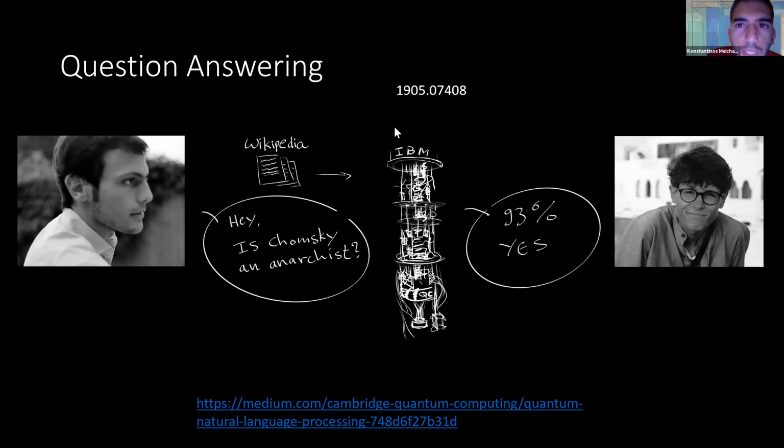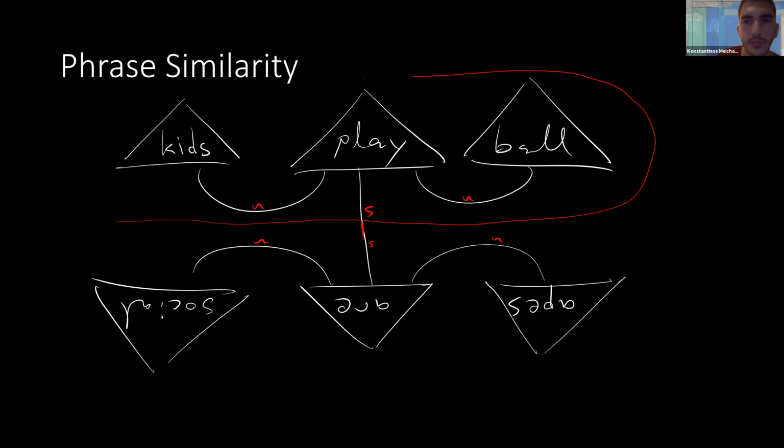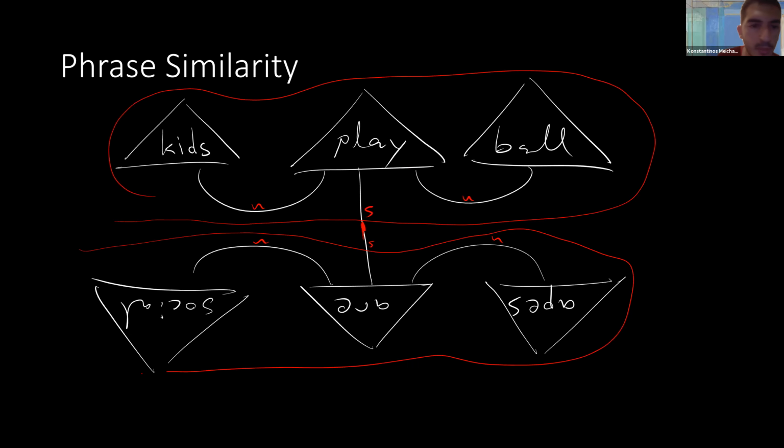Thank you. Yes, of course. Okay. So let me get back to phrase similarity, and then I'm going to conclude. This is what phrase similarity would look like. This is another task. So this would be the n wires, and this would be the s wires of two sentences where I've joined them. Joining two sentences is basically taking an inner product. As we said before, this is a big vector because it has one leg sticking out. This is another big vector, but upside down, or rotated 180 degrees. And basically it's an effect, right? So it's a state coming into an effect, and the whole thing is a scalar.